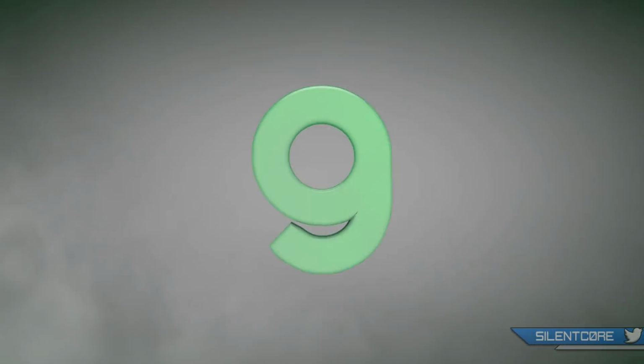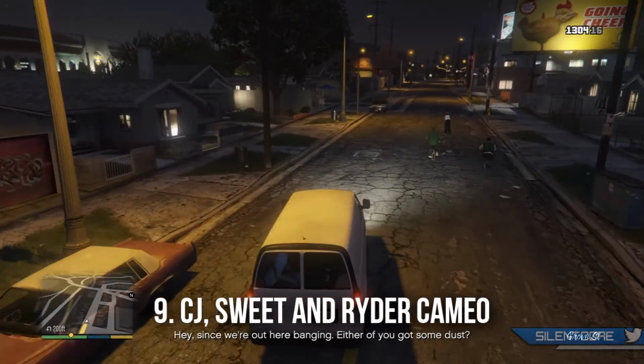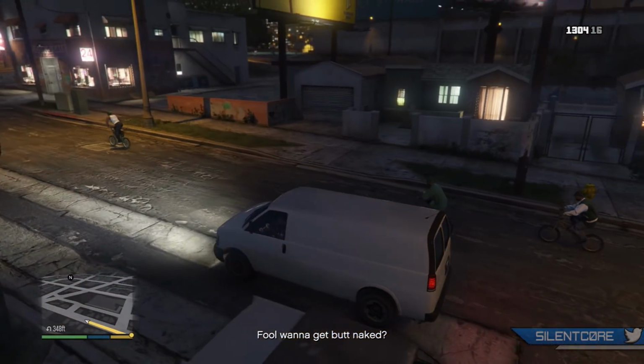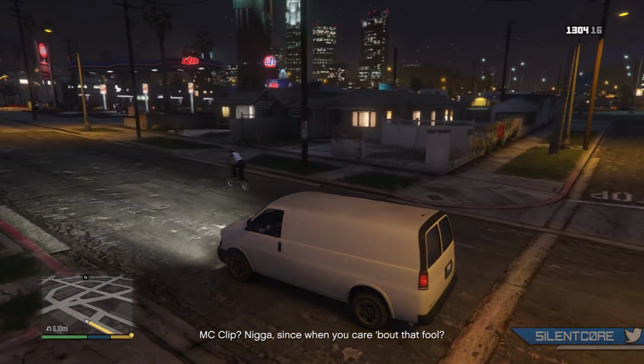At the number 9 spot is probably one of my favourites from this whole countdown, and it's a cameo appearance of CJ, Sweet and Ryder from GTA San Andreas. CJ being Carl Johnson, the main protagonist that we actually play as in GTA San Andreas. If you want to find this for yourself, it's during the Hood Safari mission where you actually revisit Grove Street,